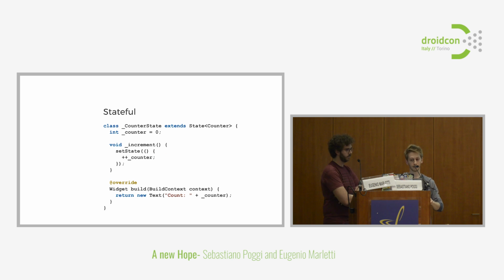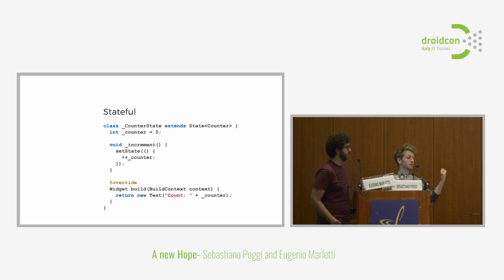And the second part is the state. So the state extends State of your widget. And the state holds all the mutable stuff that you would have in a normal mutable state. And then it has a build function which actually returns the widget, just like in the stateless one. So again, the state is mutable, which some people might not like, but this is one way of doing it. You might make the state immutable if you wanted to. It's a bit more complicated, but you could. But anyway, this works pretty well.